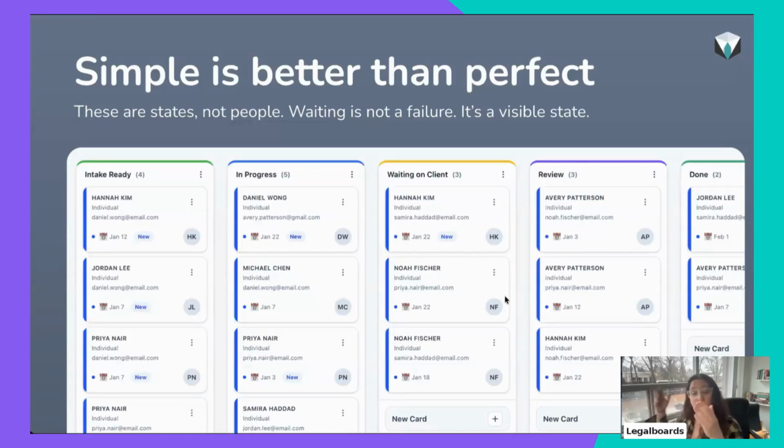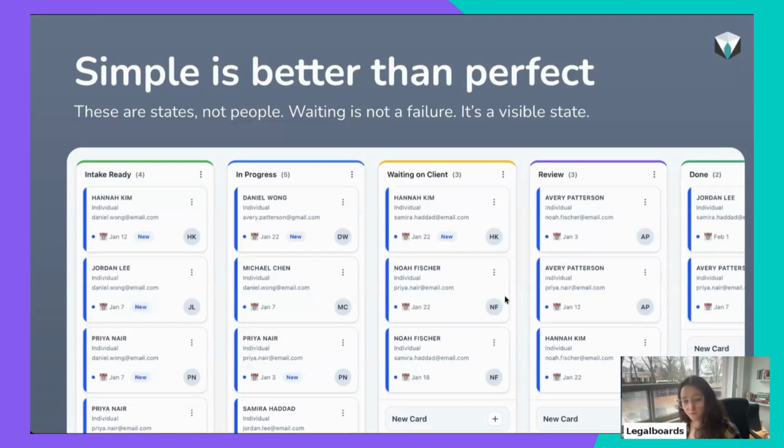And then you have your inside steps. So in client intake, you have all of those steps that we talked about: the form to be filled, the financial information to be gathered, the paralegal reviewing everything. So you can break all of those steps down and really put them on the table.